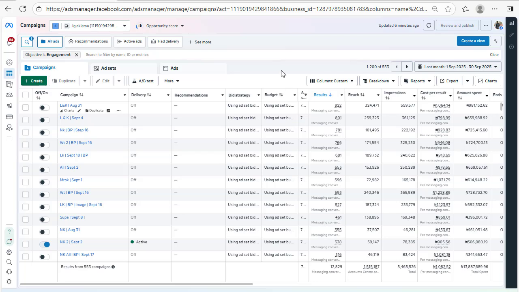Now, one of the issues this particular business had was that their cost per message was always shooting way over the roof. We started with them, and even though we got some very awesome results from the start, Facebook decided to disrupt the whole setup. So we went back to the drawing board and said, I think one of the things we can do is run it with more creatives. Let's look at creating lookalikes. Let's look at doing retargeting as well.